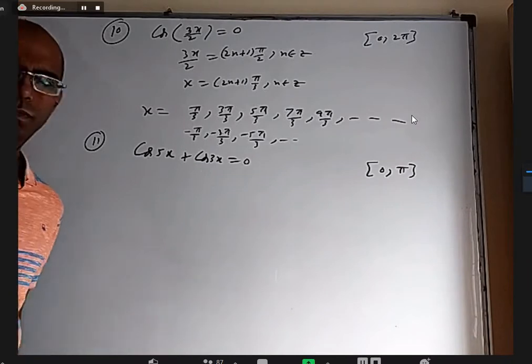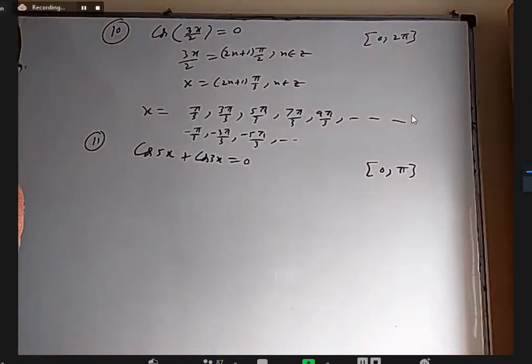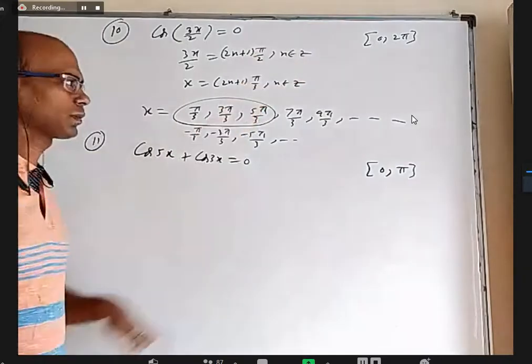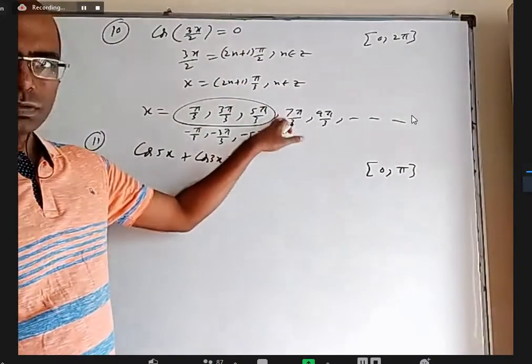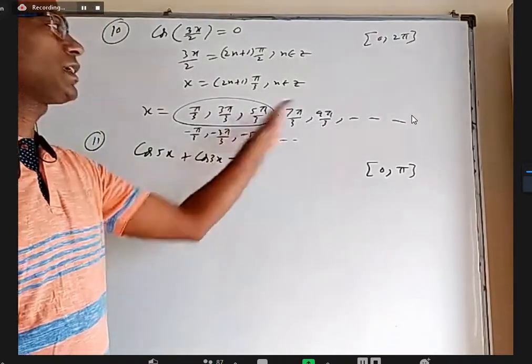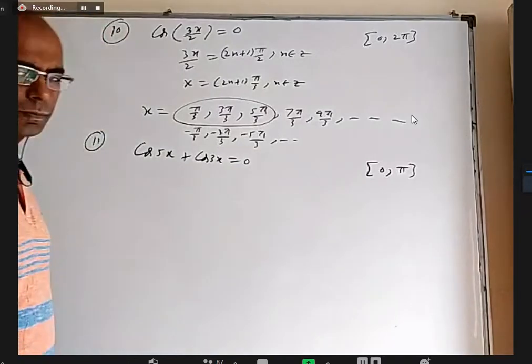Sir, for the previous question, how many solutions? Infinity, sir. If it is between 0 to 2 pi, only 3 solutions. Only these 3 are there between 0 to 2 pi. All of them are outside 2 pi because 7 by 3 is more than 2, right? Oh, yes, sir. Understood. I was just writing all solutions. Doesn't mean these are all solutions in this interval. Okay. Yes, sir.